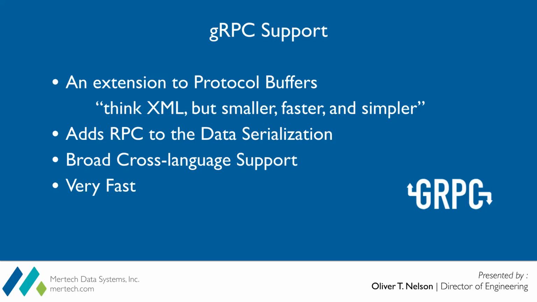Well, gRPC very often comes out on top or number 2 behind Apache Thrift. So having support for this just gives us another one of those high-speed protocols that's an option in more